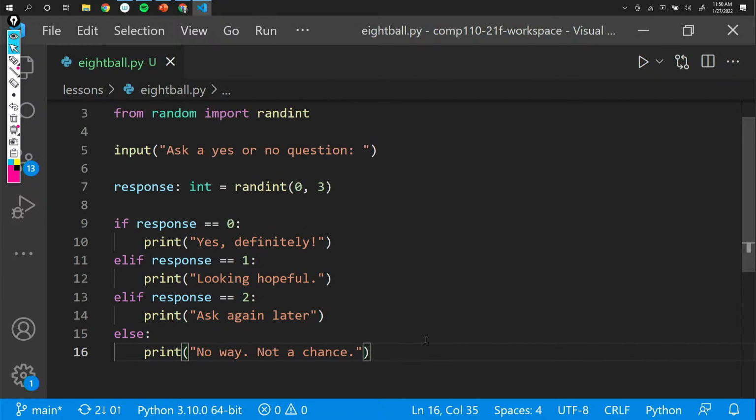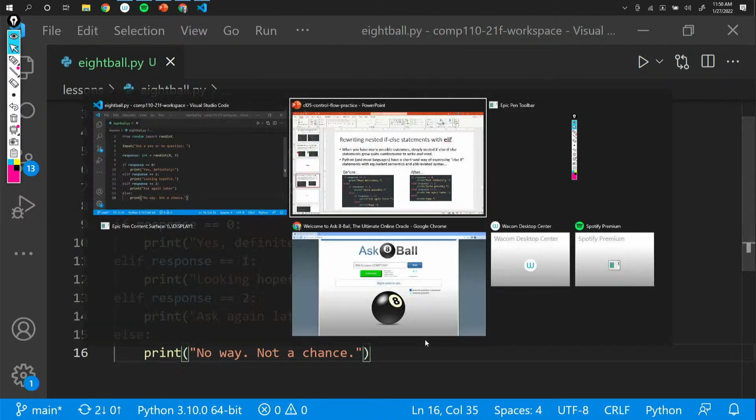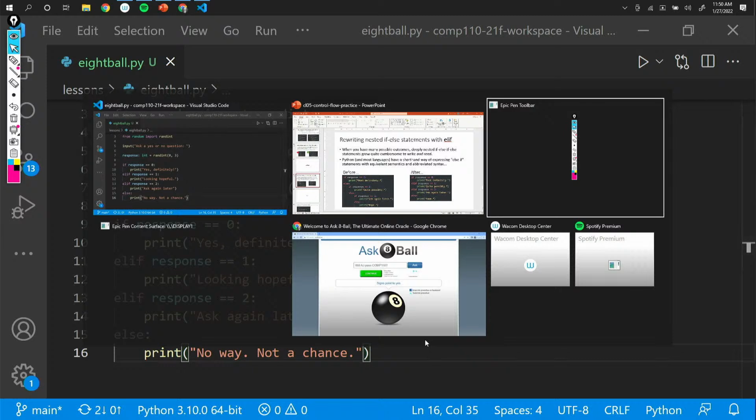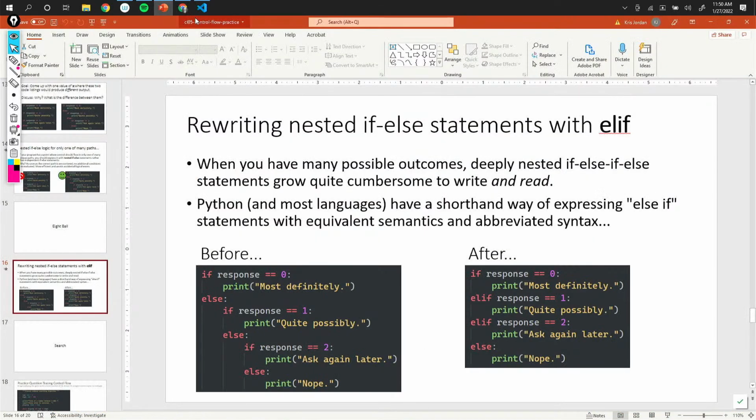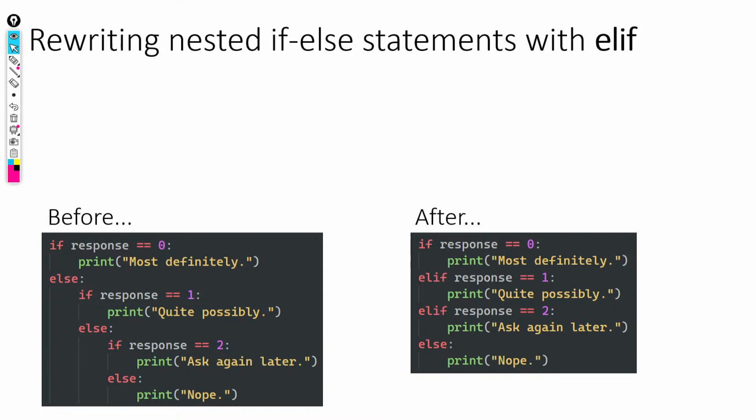So this is elif. That's the second sort of syntactical sugar we've learned today. The other was relative reassignment, and we'll see both of these ideas in the next example. So the next thing we're going to look at is the idea of a search.